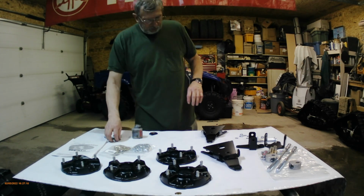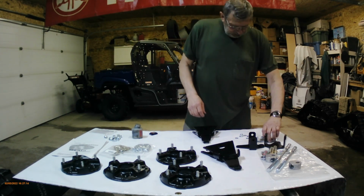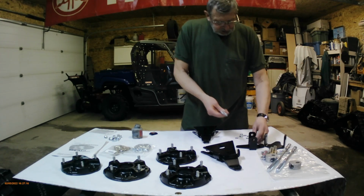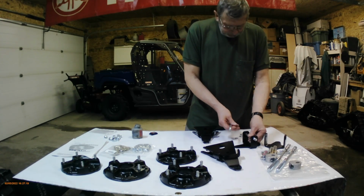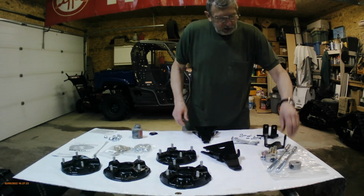These are for the front ones, I believe. That's this. Large ones are for the rears. They go through. Bolt on. And then here we have